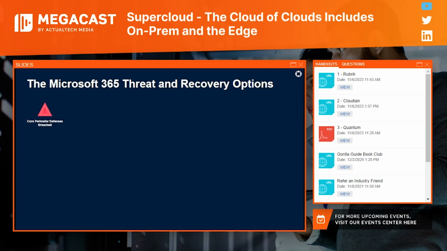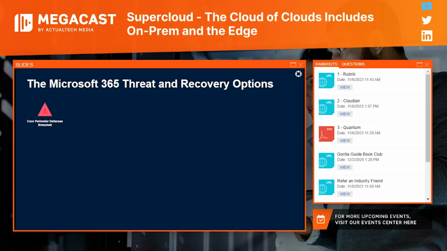So first and foremost, the first thing that always happens is perimeter defenses are breached. I think that's one thing that's increasingly clear to anybody who's watching these sort of ransomware attacks and how they evolve and how they unfold. You have to assume that the bad actor is inside your system. We at Rubrik absolutely believe that these perimeter defenses are critically important. They need to be kept up to date. They need to be used in all cases. But we've also seen that inevitably those systems will fail, whether it's through human error or technology error or what have you. Eventually, these very persistent attackers will get in your system.